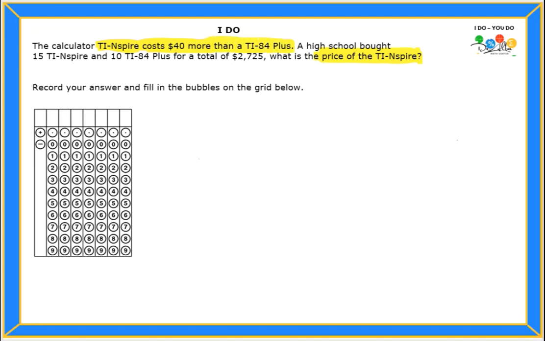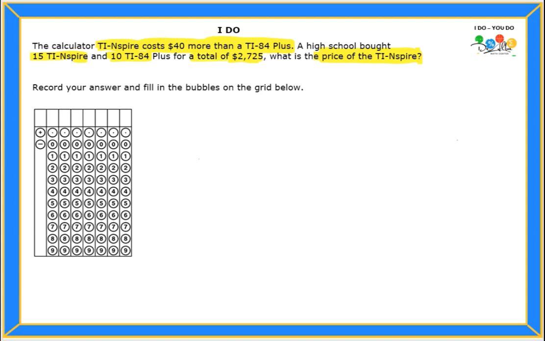So I can see that the Inspire is more expensive than the TI 84. It also tells you how many they bought of each: 15 Inspire and 10 84. And it says that the total was